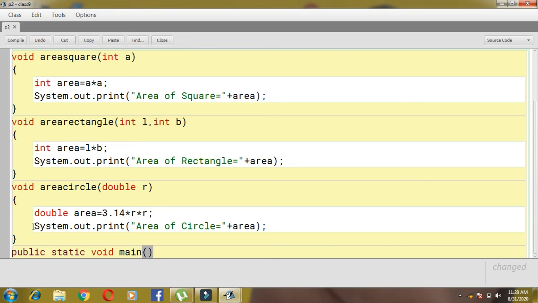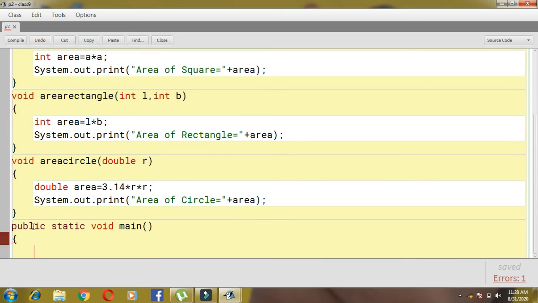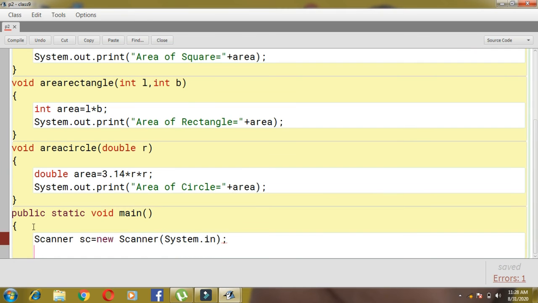Okay, now here children, in this part I'll use scanner class. Scanner sc is equal to new, then Scanner, then System.in. Now what we have to ask children, that we need to ask from the user, System.out.print.